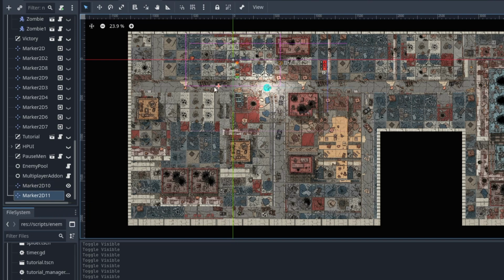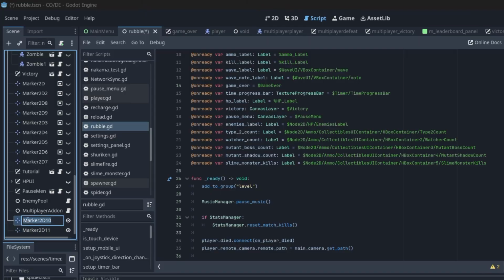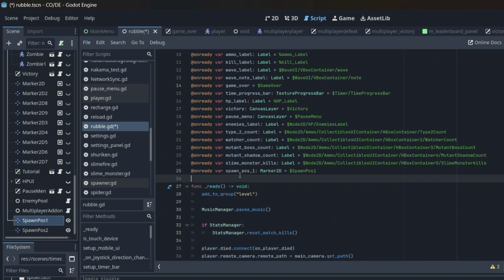and I'm just going to duplicate and place it on another place. Rename the node to spawn position 1 and spawn position 2. Drag and drop into the script while holding Ctrl,